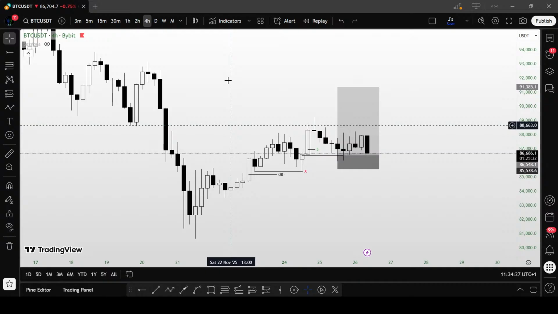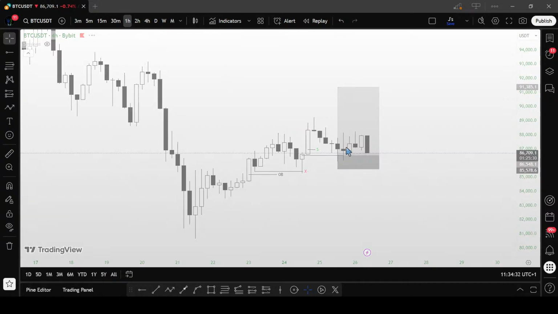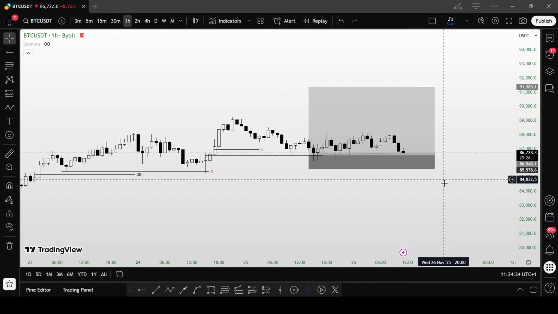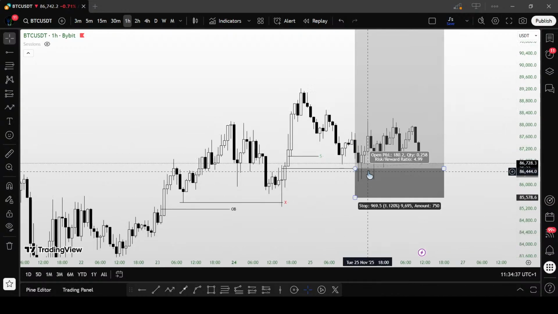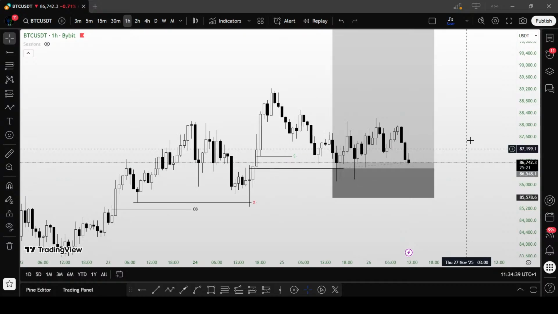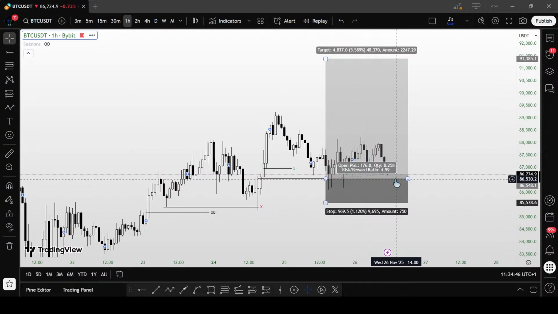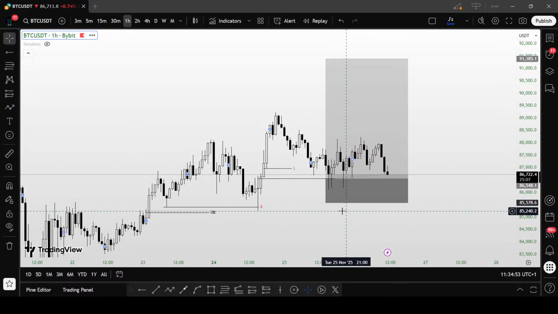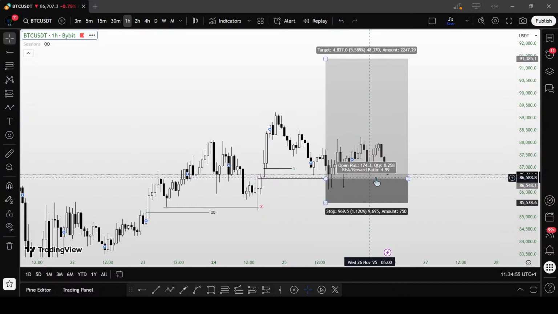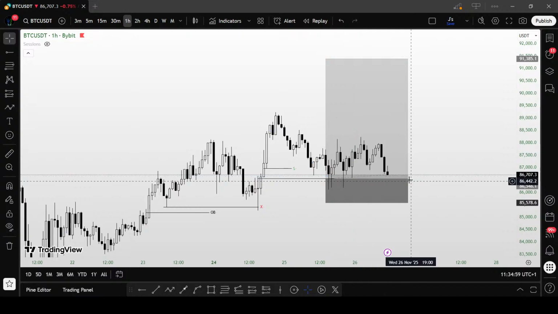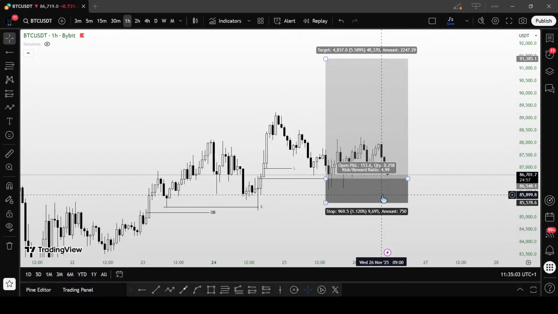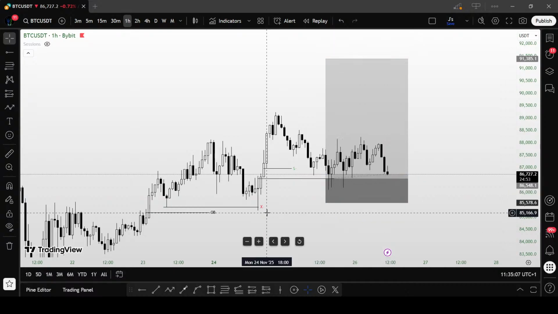So I told myself that nah, I'm not going to continue with this setup, because if it's ranging, that's one thing, but refusing to actually move is a whole different thing altogether. I'm not the kind of person that has the patience to hold when something is ranging in my entry area. If it's somewhere here and then it starts to range, sure, I might be able to hold. But I do not have that mental resilience to stick with this setup when it's ranging on my entry. So I closed around here, got 0.5%, and moved on with it. I told myself that another setup is going to come, and when it comes, I'll be there.